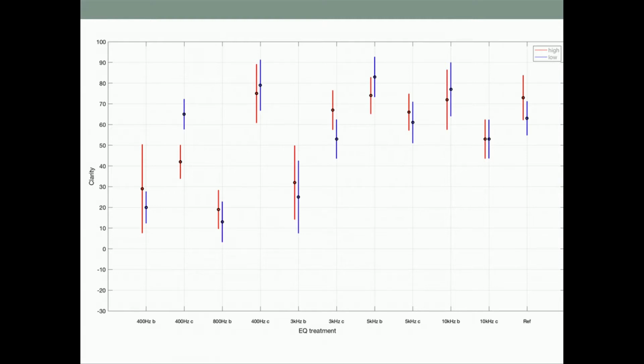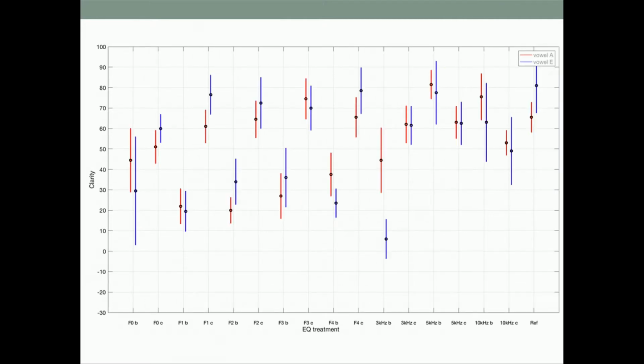They behave pretty similarly, but around the fundamental there's a difference, because for the high stimuli this is the fundamental, whereas for the low stimuli the fundamental is lower. So when a frequency area is around the fundamental, the boosts and cuts didn't differ from each other as much as in all other frequency areas. Hope that made sense.